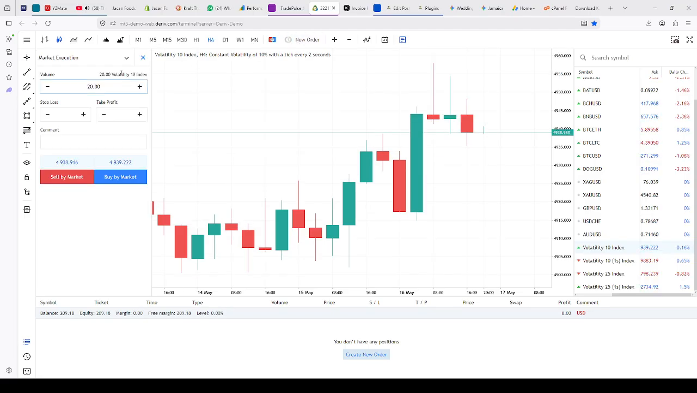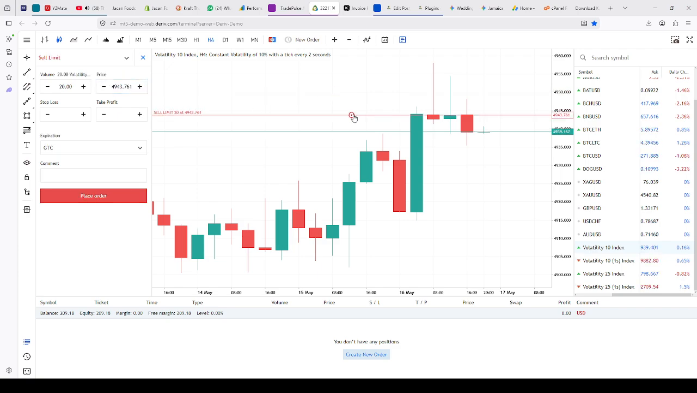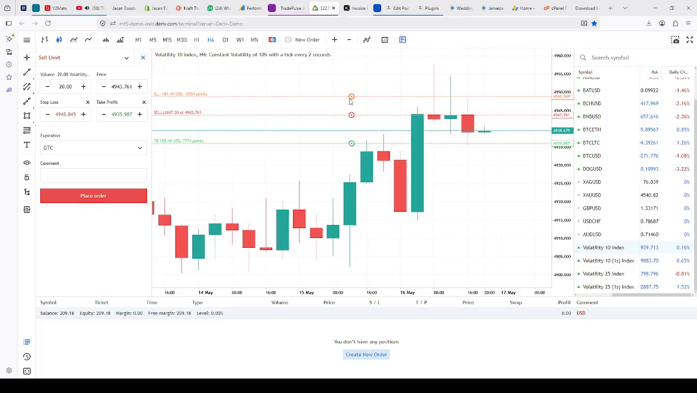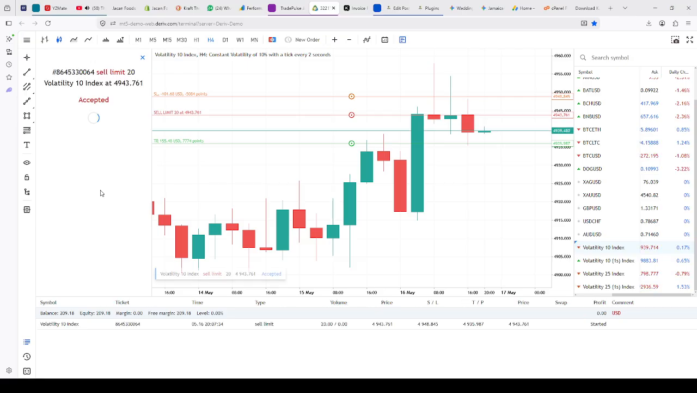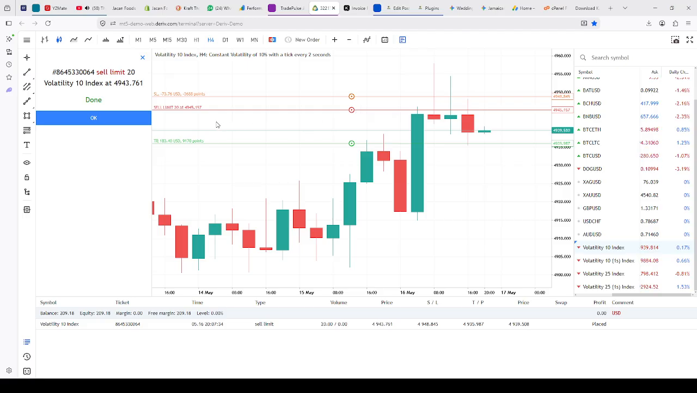What I would usually do is set my limit sell, put it at that mark up there, my take profit. You can see we'll make $155 and then stop loss right above the previous high, right? And there we go. Once that hits, we know we'll be profitable. So these are the things that this